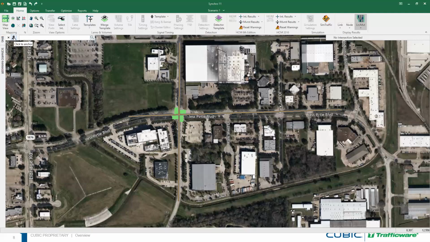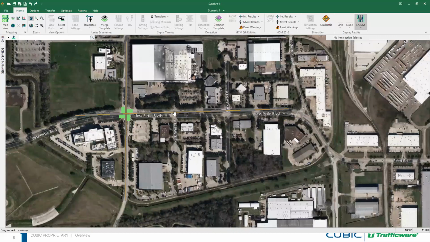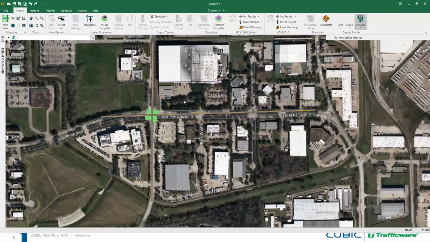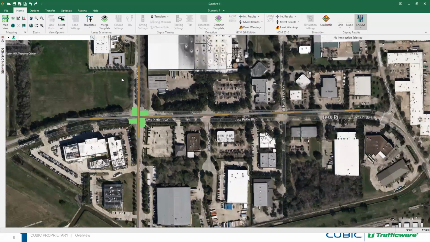It will show me click to anchor. That means if I click that, my network will be anchored with the Bing map. See, now I am using the panning tool, but the network is not moving. It's completely anchored. However, at some point, if you feel you need a little more adjustment, go there and